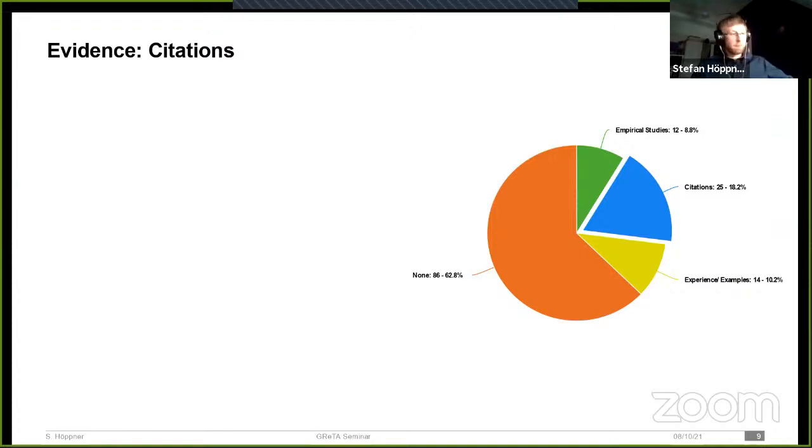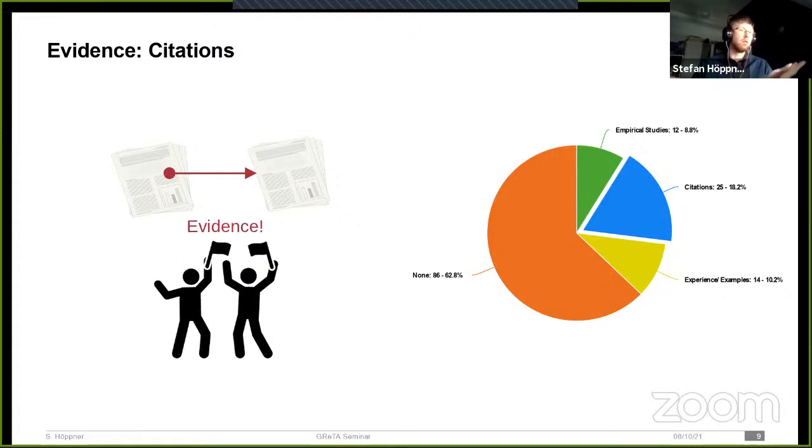Okay, moving on to citations. Citations are a core principle in research to provide context and substantiation for statements. And thus, it should be a great way to provide substantiation for your claims in and around model transformation languages. There are, however, 2 problems that we found in some of the publications that used citations to substantiate